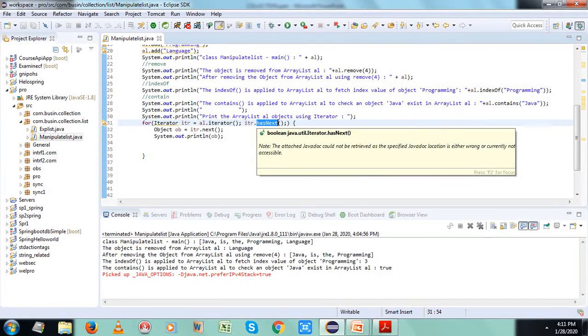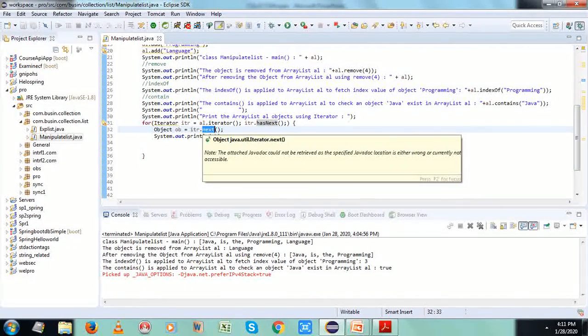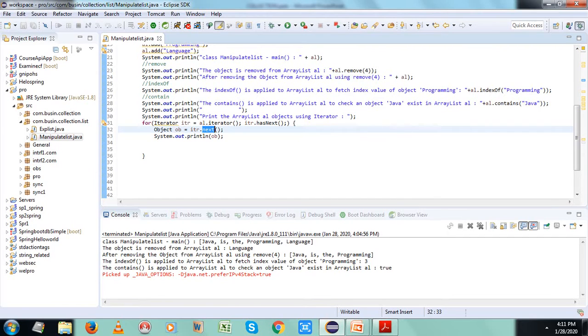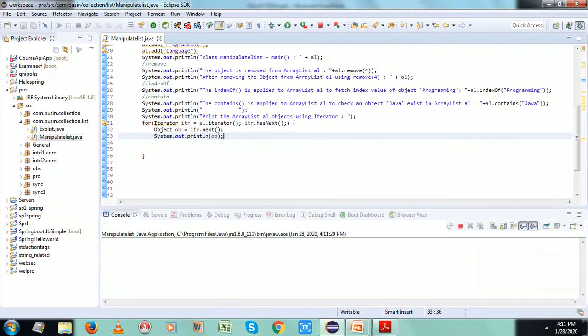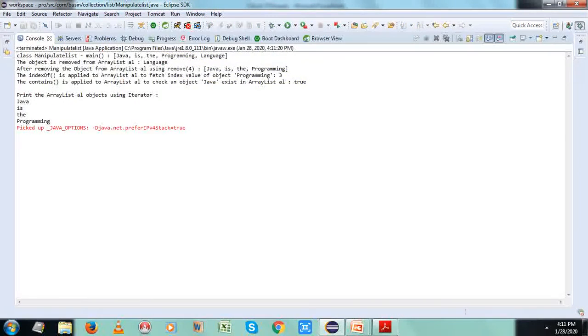And one more iterator. You would have noticed when I created this iterator, there was a list iterator. ListIterator allows us to traverse forward as well as backward through the objects of the ArrayList. It does have methods like